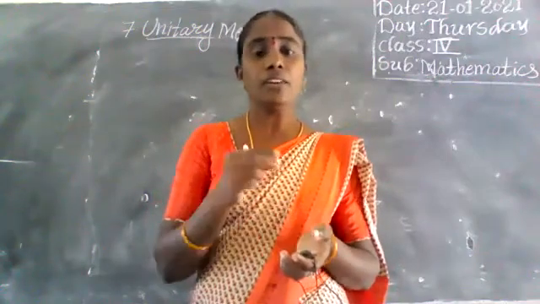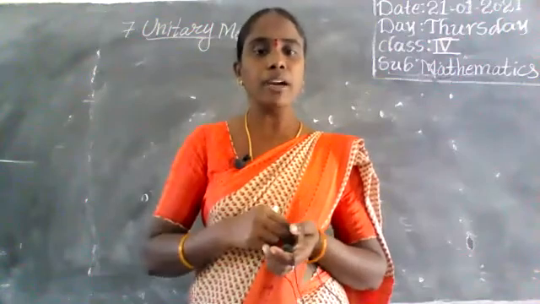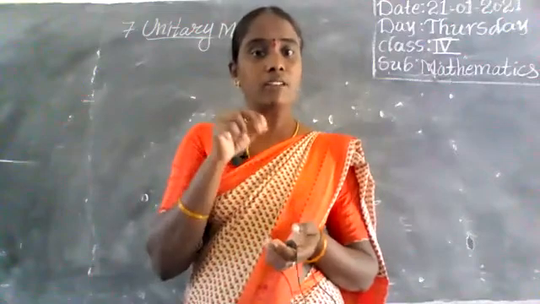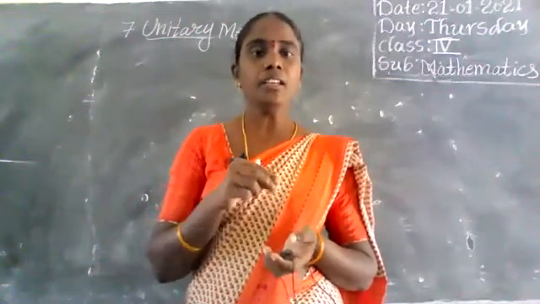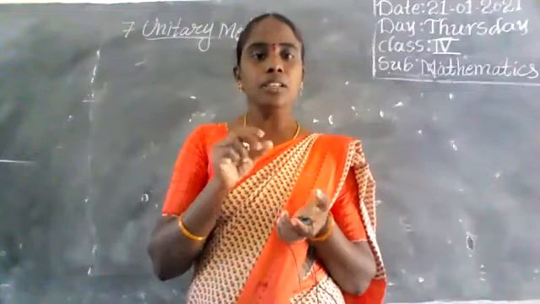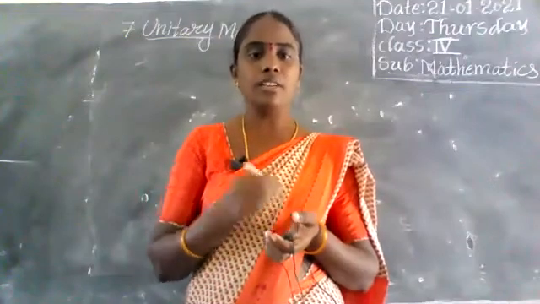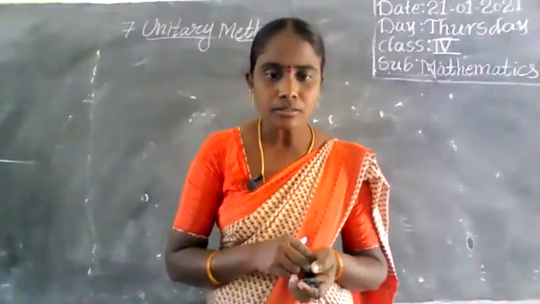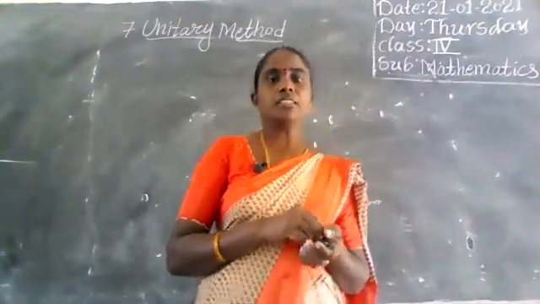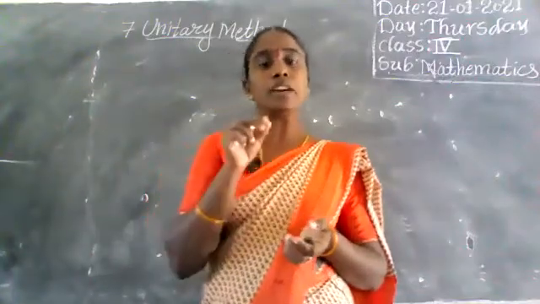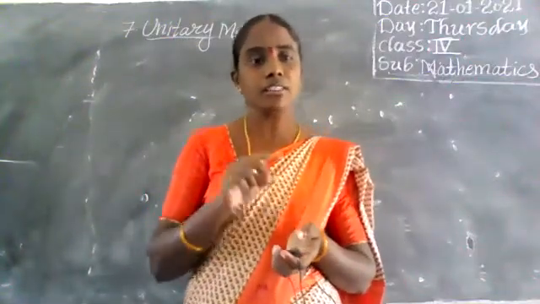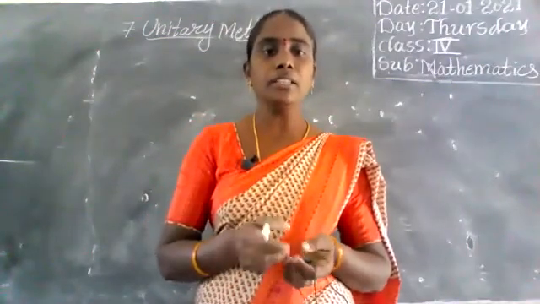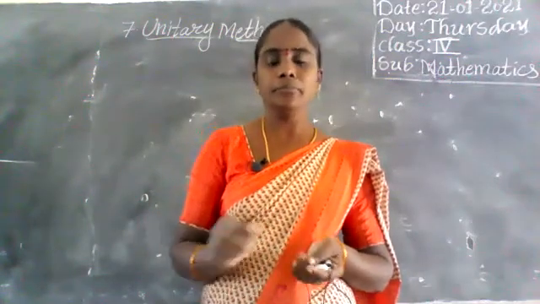Then what do we do first? What are you thinking in mind? Okay, the cost of one. First we have to find out the cost of one apple. Then you can multiply by the number, meaning 4 apples, and find out the cost of 4 apples. That is unitary. First the unit. Unit means one. We have to find the cost of one, then we can find the cost of the required number. That method is called the unitary method.